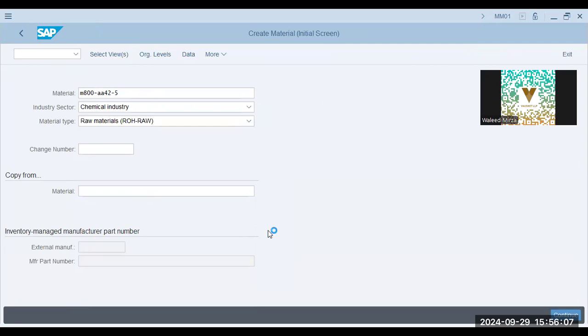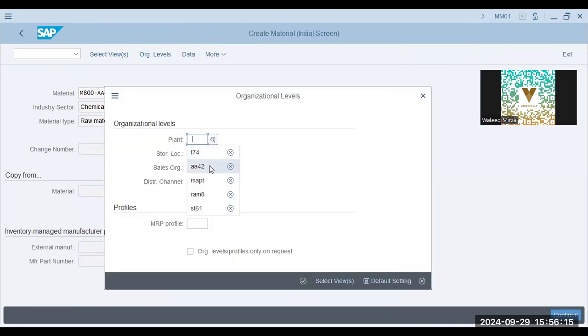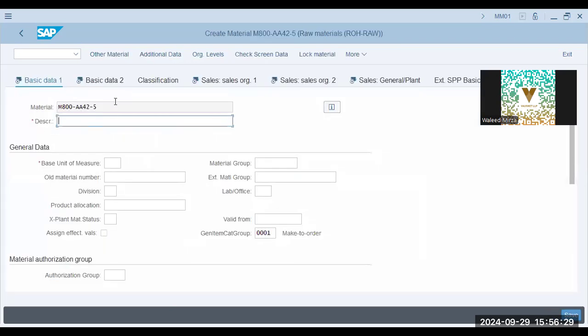Select views, basic data, plant 8842, Sharjah, 8842 distribution channel. So here we can create our own material, which can be a raw material,